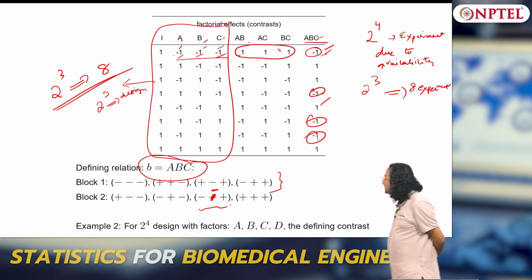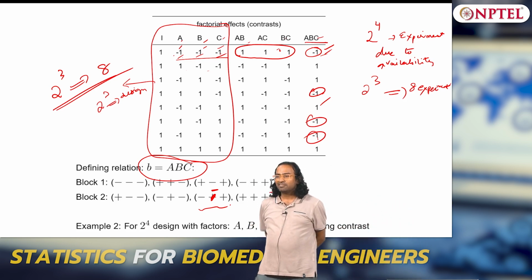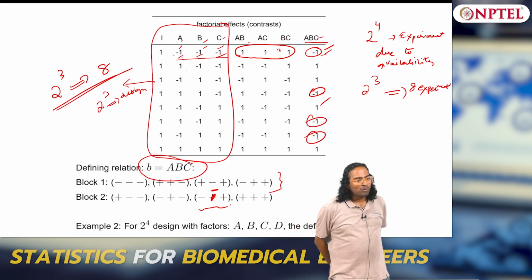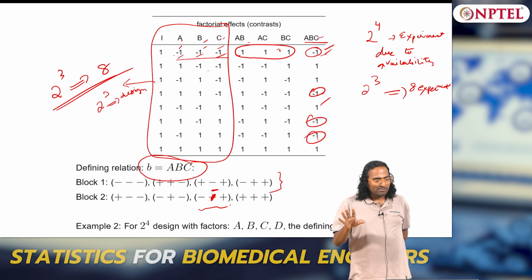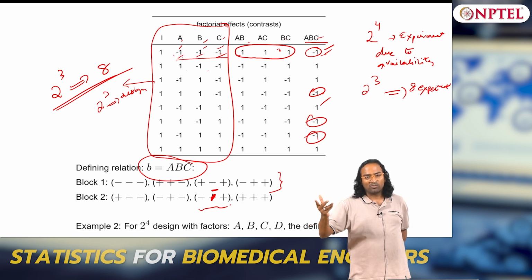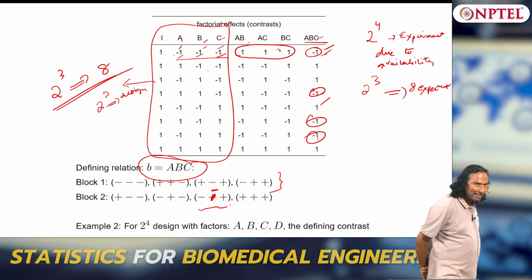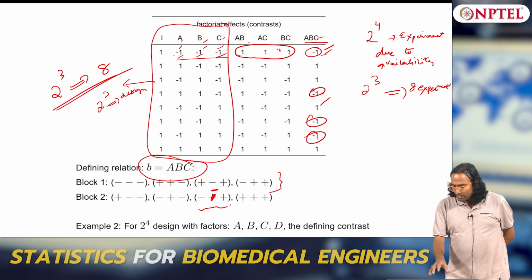Are you able to look at this? This is actually your 2 power 3 design. Instead of doing a 2 power 4, I did a 2 power 3 design first. I did not involve D at all, I did not involve one factor at all, because I cannot do 2 power 4. So what did I do? I involved only 2 power 3, I did a complete 2 power 3 experiment. Okay, that is what I did.